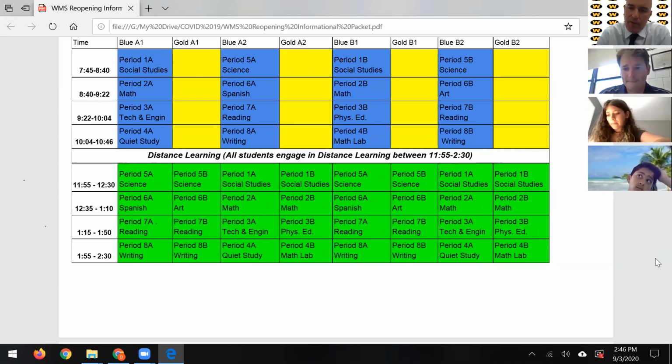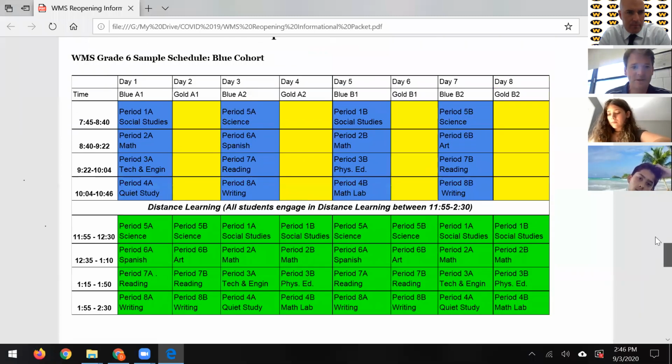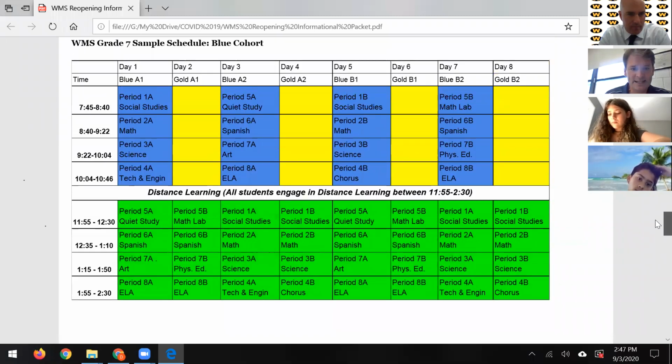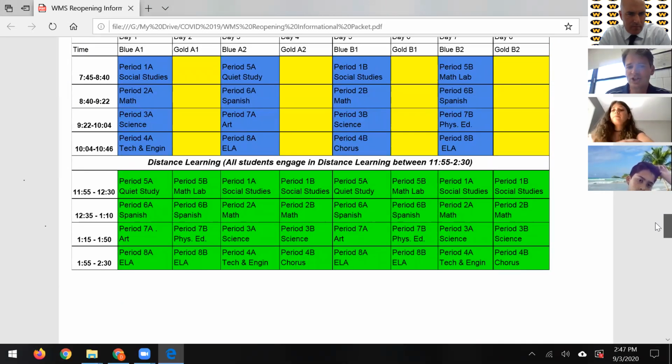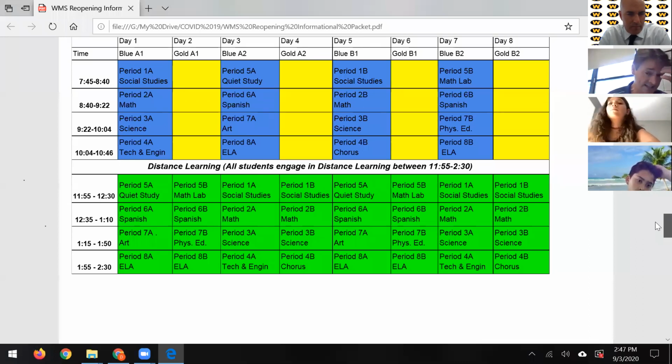Okay, so I think we covered the majority of the questions so far. We went over the 8th grade schedule, what a sample student would look like, and then we looked at the 7th grade briefly. It's very similar. The only thing that changes is when the PFA periods are, and the fact that 6th grade,